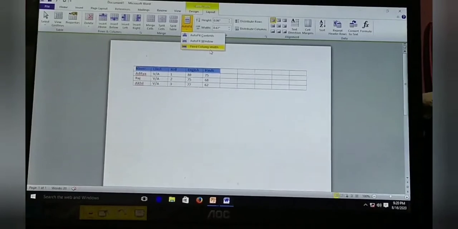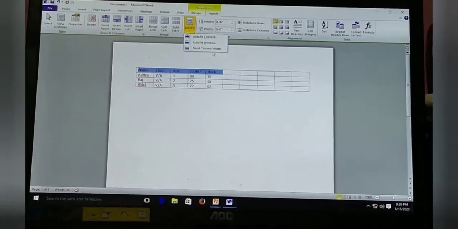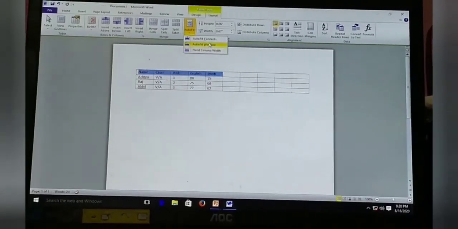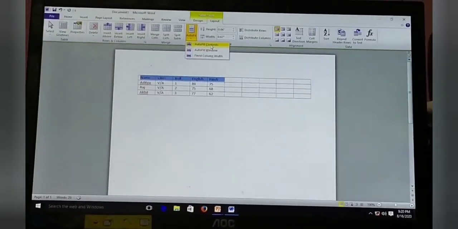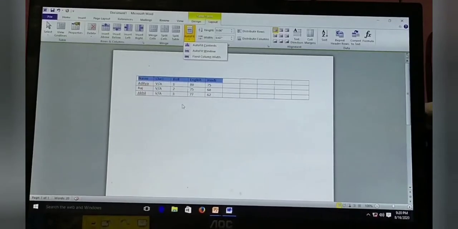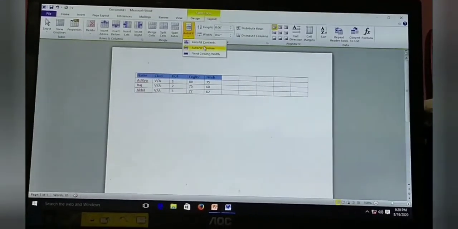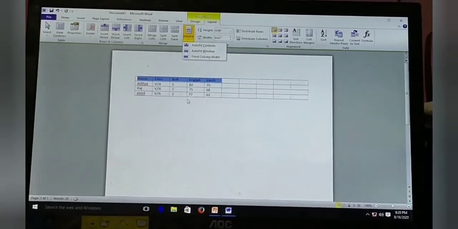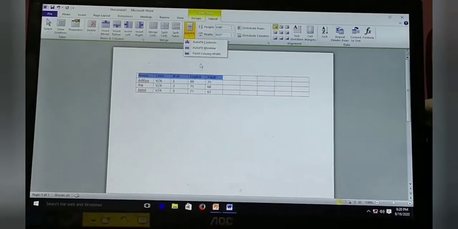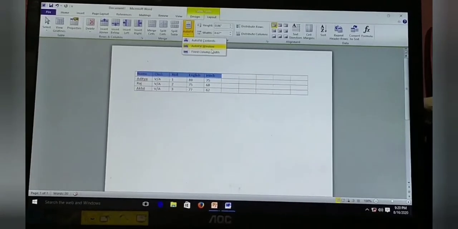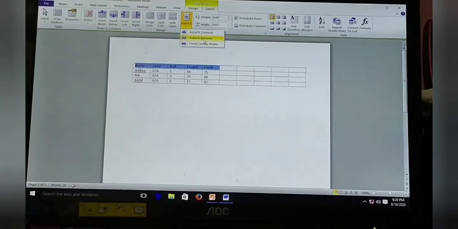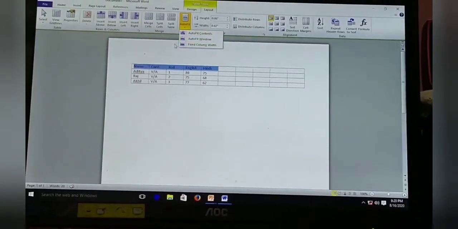You can see in your book also, the first option adjusts the width of the table according to the data whatever we have entered. Now I will show you how it will look. The second option is AutoFit Window, and it adjusts the table according to the margin set on the window.